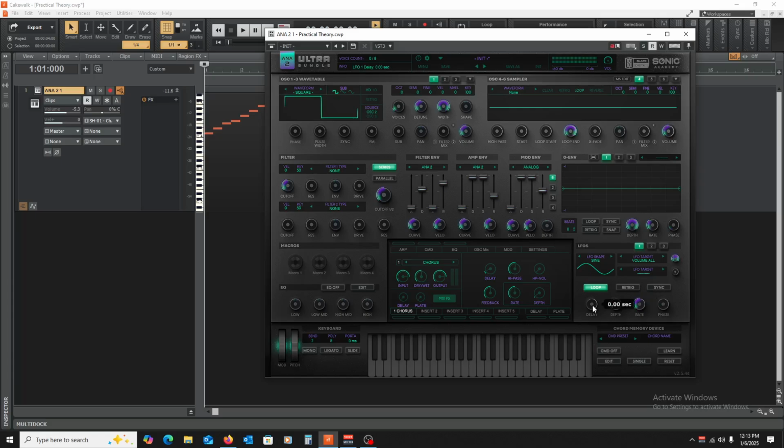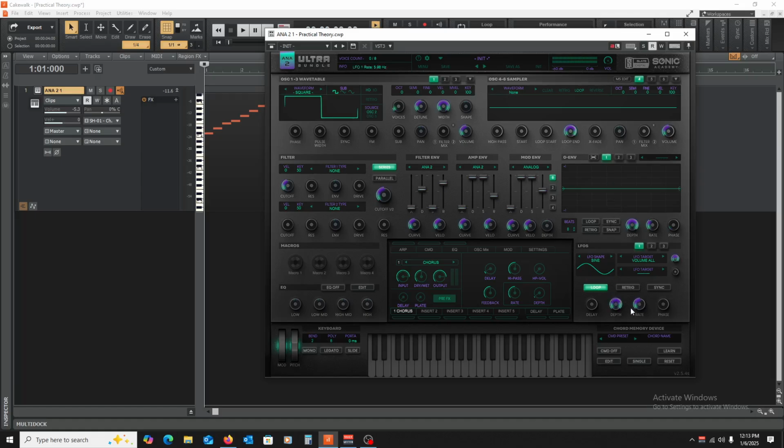Delay is how long it will take before this kicks in. So you can play the note and it will delay for 1 second, and then it will start to do the movement. So it'll just sound regular for the first second, and then after that first second, the changes will happen. The depth is how much of the effect you're getting.